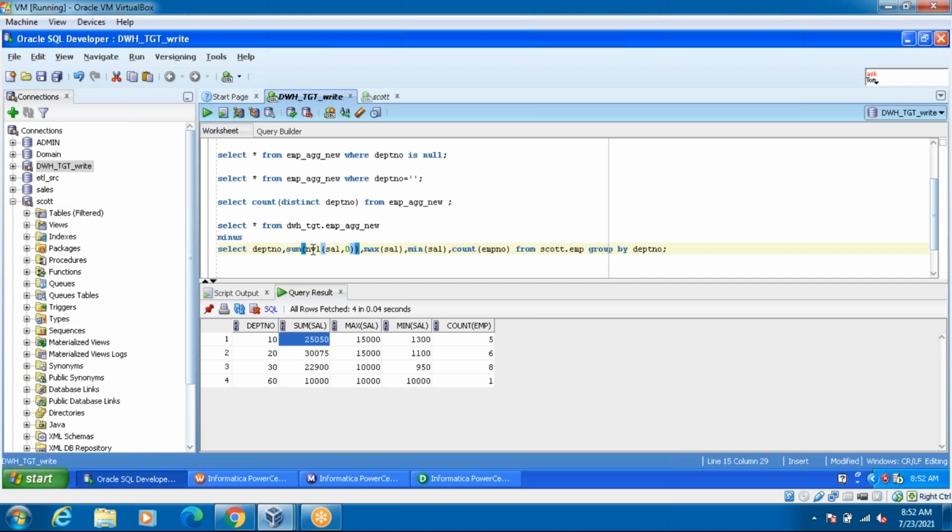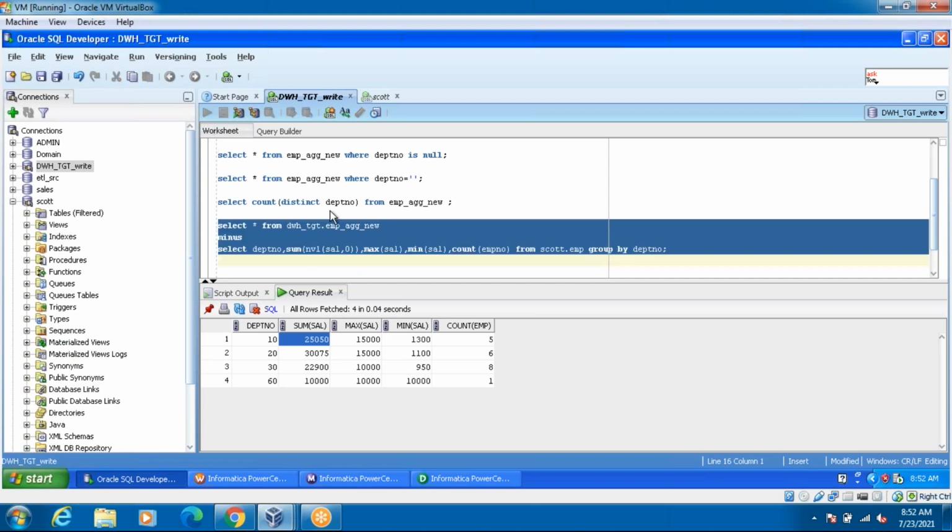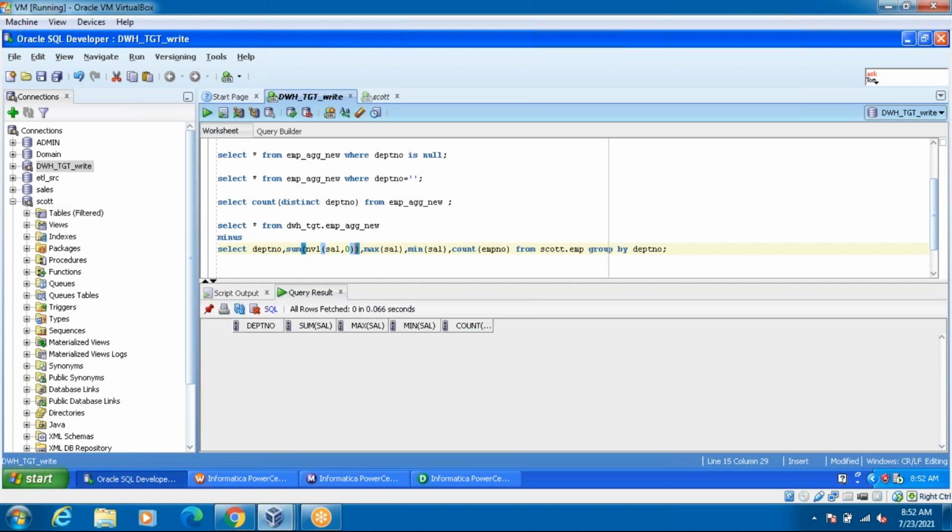That is my intention. If the developers forget, and then you also forget, it will give wrong data. So whenever you have any values or measures, you mandatorily have to check whether it is a null column or not null column. If it's a not null column, then it's fine. If it's a null column, then you have to apply the NVL function in your query. Then you have to compare the data. The logic you have to implement correctly, and the same vice versa you have to do.